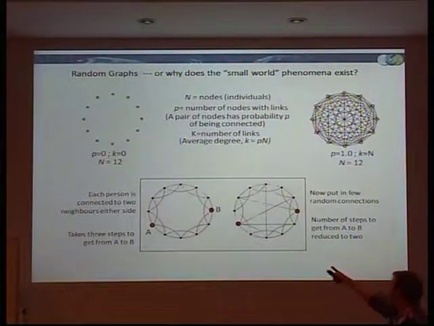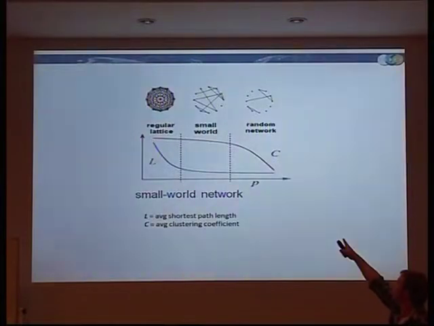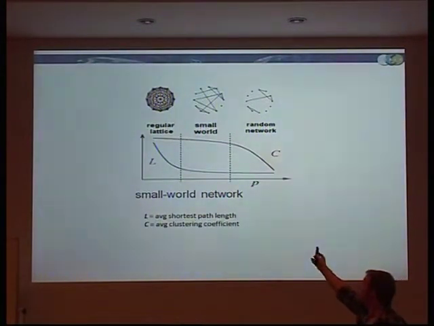Okay. Then as you go to the small world and into the random network, you decrease the clustering coefficient and you decrease the average path length. The small world network is in between those two points: very high clustering, very low average distance. A lot of human societies can be thought of as small world. For example, I'm connected to Australia, but also my friends are connected to Australia with one degree because I know English, right?